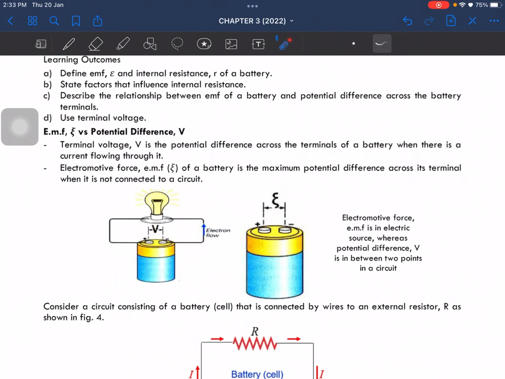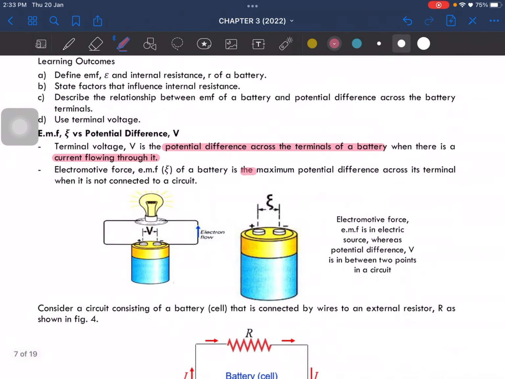So terminal voltage is the potential difference across the terminals of a battery when there is a current flowing through it. EMF, on the other hand, is the maximum potential difference of a battery when it is not connected to a circuit. Okay, so a battery has its own EMF. Potential difference, on the other hand, only applies when there is an electric current flowing through the circuit. Okay, so